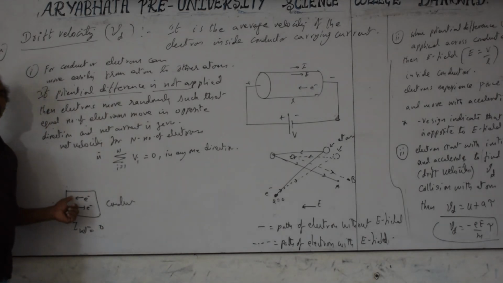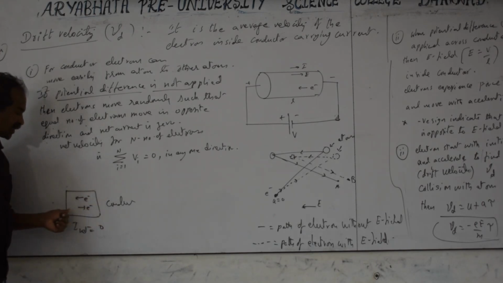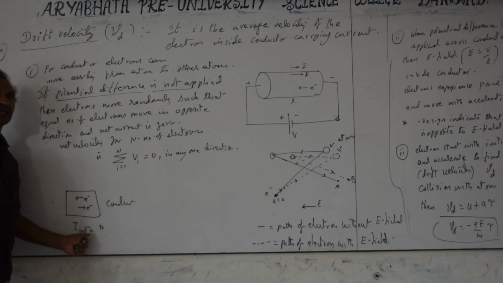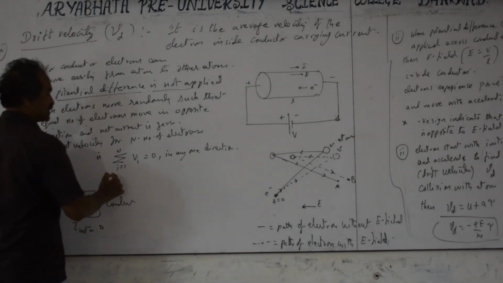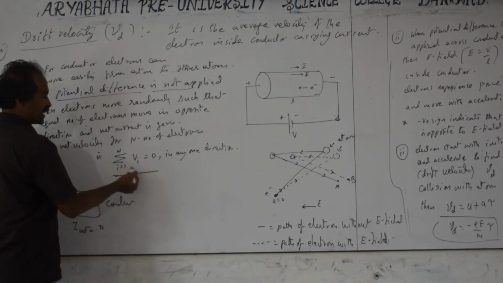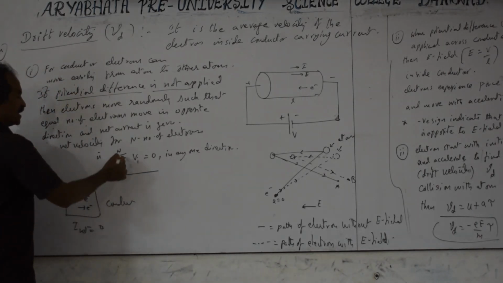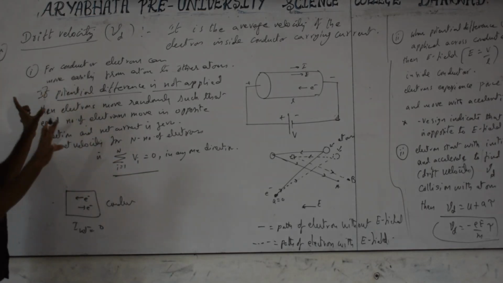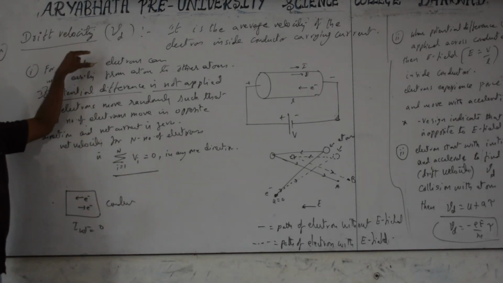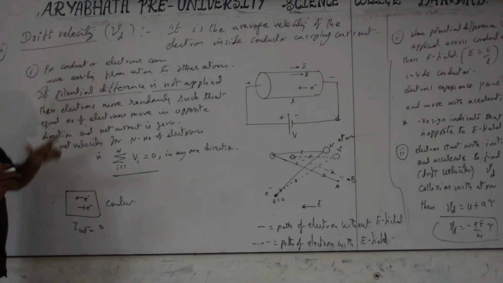Current is always opposite to the electron flow; we call it conventional current. If electrons go this way, the conventional current is in the opposite direction. If some electrons go in the opposite direction, the conventional current is exactly opposite to that. Equal numbers mean the total current becomes equal to 0. We call the net current 0. The net velocity in any specific direction, for n particles, if you take electrons, is the sum from i equal to 1 to n of v_i equal to 0. This first point is not compulsory for the derivation, but each point is required as general knowledge and is compulsory for exam purposes also.